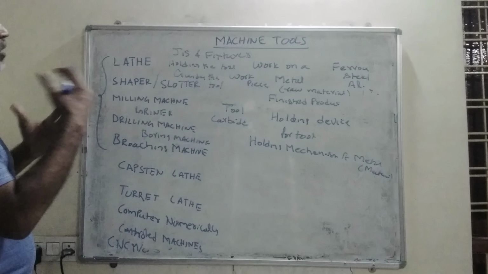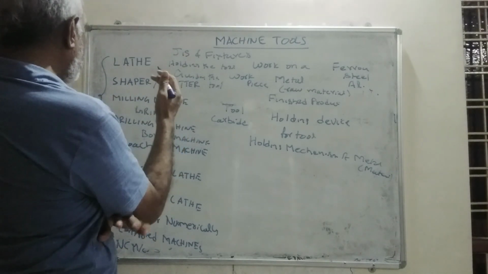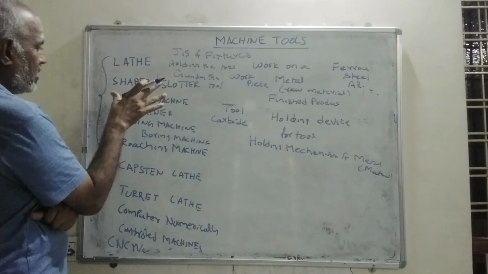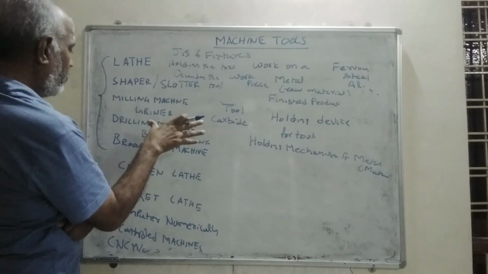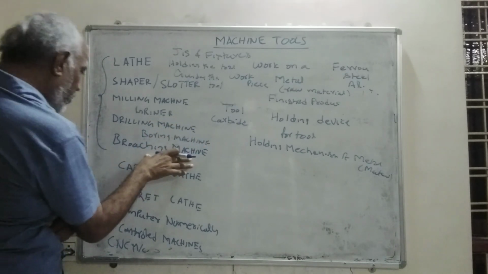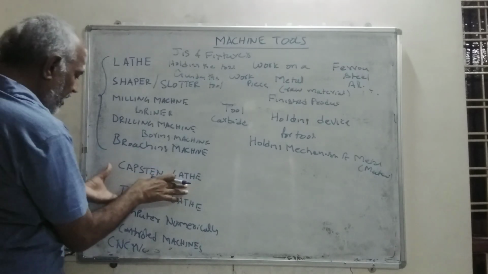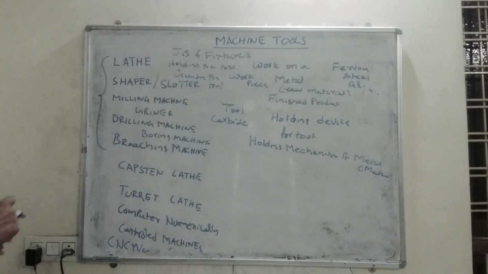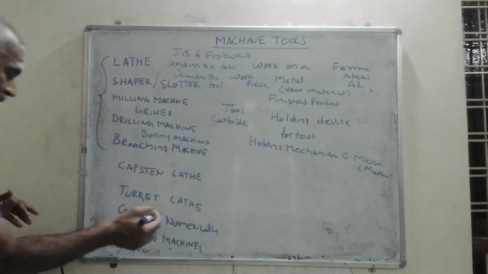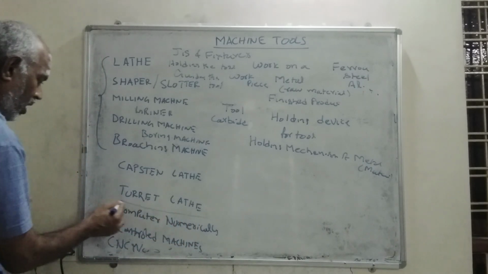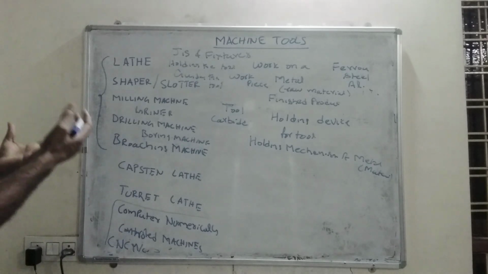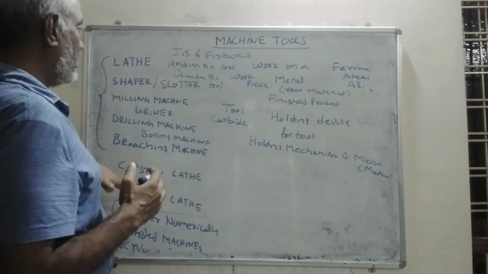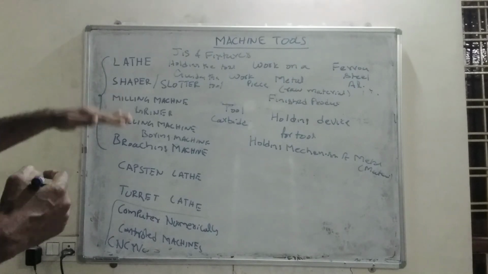So I would like to discuss jigs and fixtures of lathe, shaper, milling machine, grinder, drilling machine, boring machine, broaching machine, capstan lathe, and turret lathe in separate video sessions. And in one video session, you can completely think about CNC machines: what is a CNC machine and how we are getting the work output from CNC. But before concluding this video session,